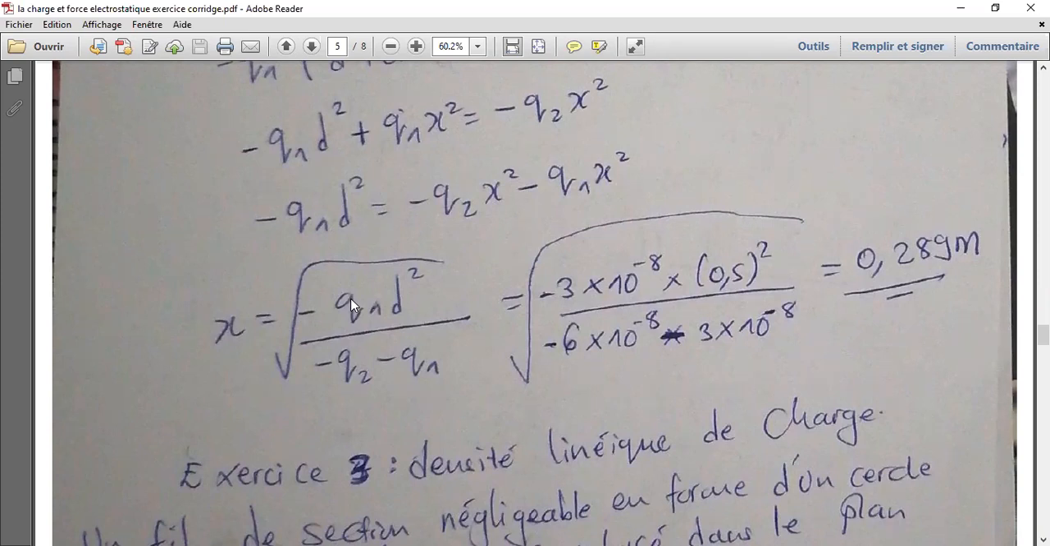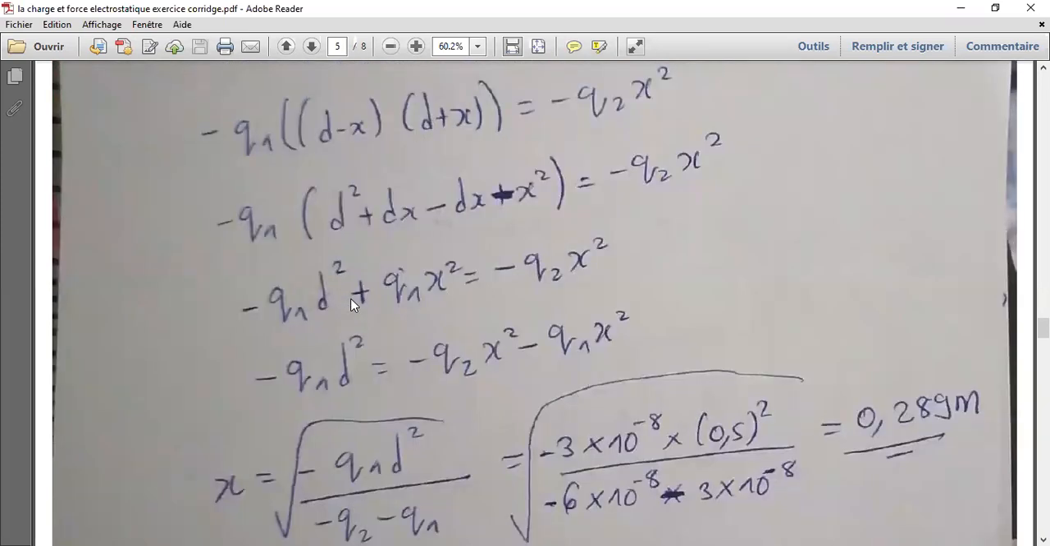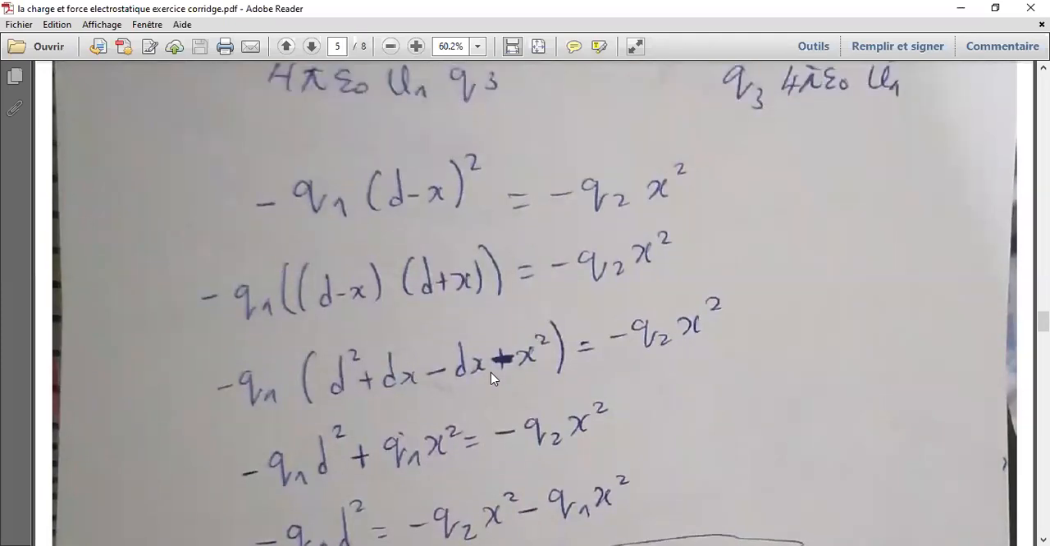Could you kindly explain, starting from here where it's written negative q1 d squared plus q1 x squared is equal to, how did we come up with a negative q2 x squared? Well, here is negative q1 d squared plus q1 x squared, or how we came about it. So basically,